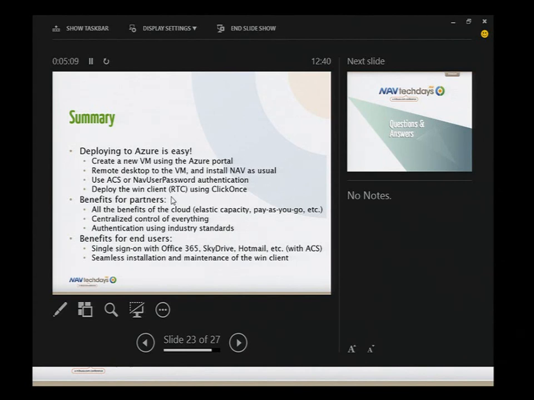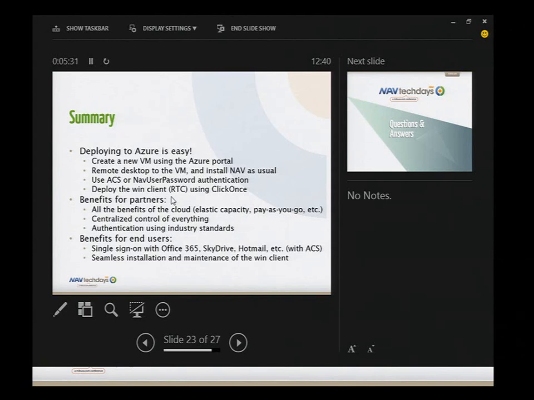Some of the benefits: the cloud in general gives you some benefits. You can pay for hardware as you go. You don't need to buy new hardware upfront. You have centralized control of everything. The authentication, if you use ACS, is an industry standard. If you trust that, then customers, when you talk to customers, will also trust that.